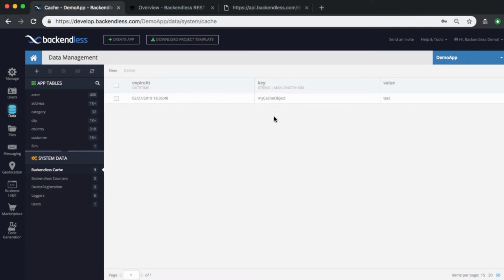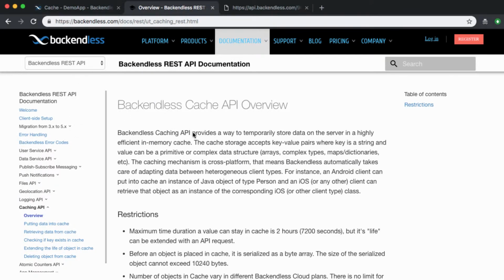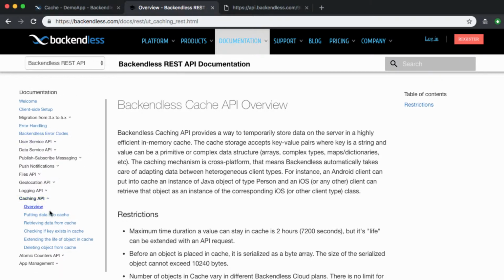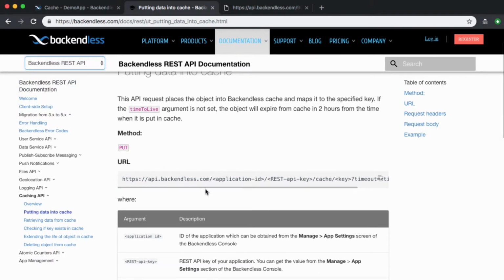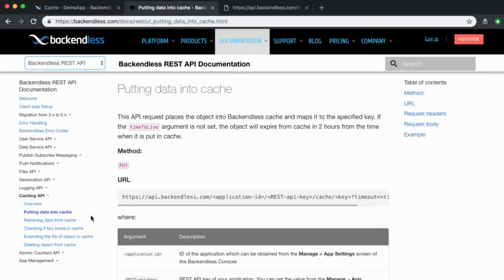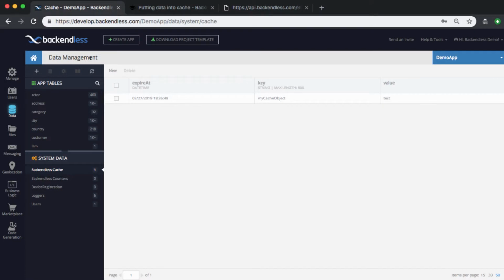To retrieve it from the APIs, let's take a look at the documentation first. So when you go to our docs, you will see under Caching API, these are various operations that you can perform. And then if you switch to different SDKs, you will get the same API formatted closer to the style of that specific SDK. So let's say that we want to retrieve this particular value from cache, and then the key is my cache